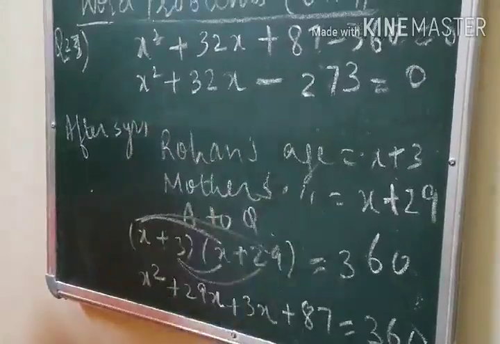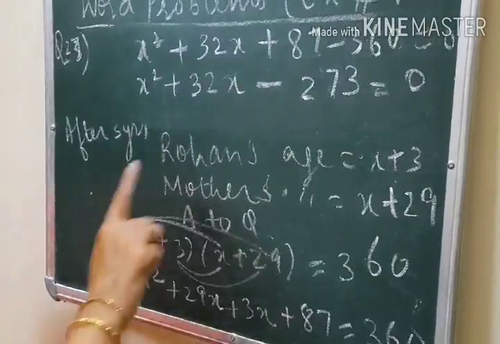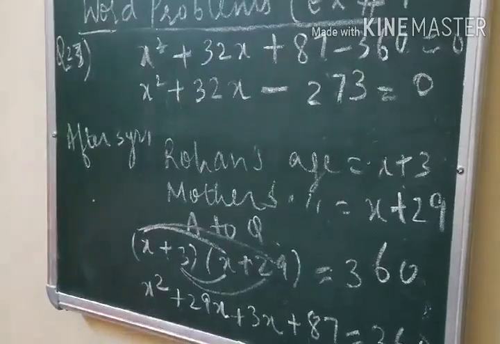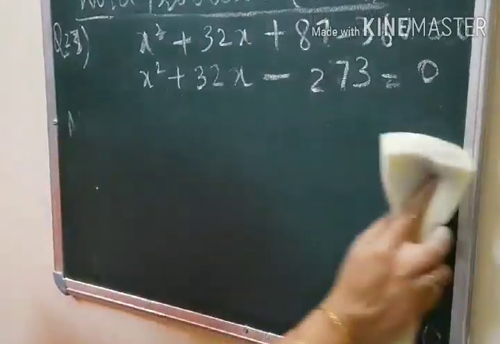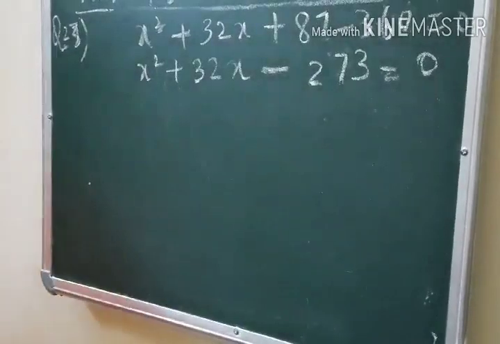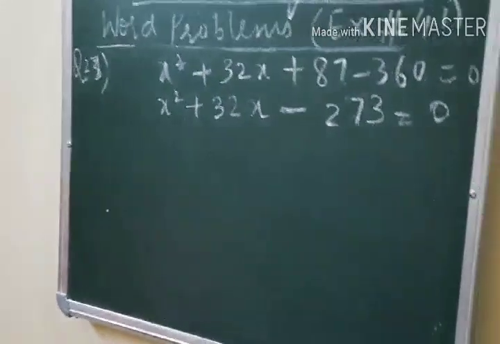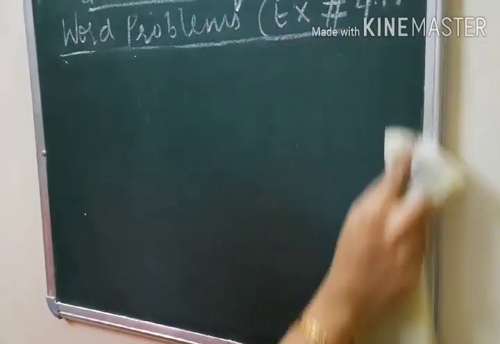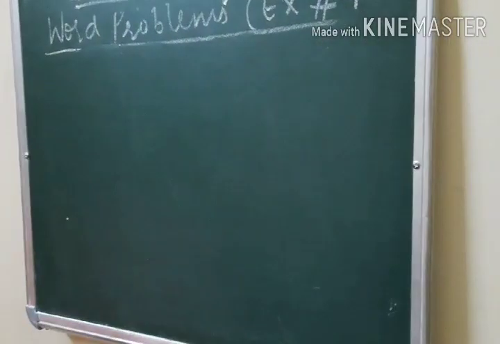Just by splitting the middle term or by the quadratic formula, you can solve this equation. Just do it yourself. Let's move on to the fourth part. This is not the end of the question. You have to solve it further to find the age of both mother and Rohan. Now the fourth part of question number 2 is